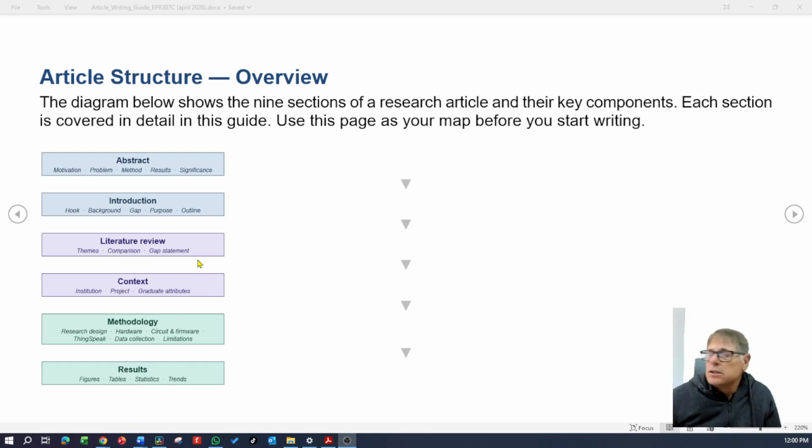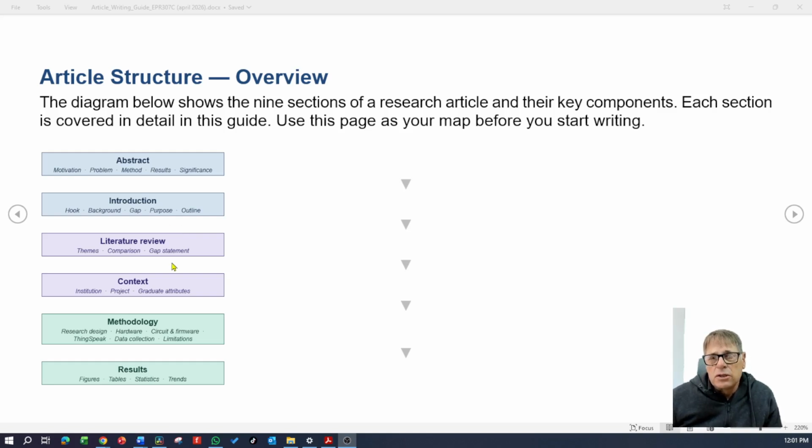The next section is the literature review. Now, in the literature review, you will have a few paragraphs. Those paragraphs will each handle a specific part of your project or your research. And so you'll have different themes. You'll compare different studies. And you will then identify a gap. Remember, the gap is the thing that you're going to research. So you find a certain gap, something that's unknown or something that's not well researched, and you highlight that gap. So normally at the end of the literature review, you'll clearly highlight the gap.